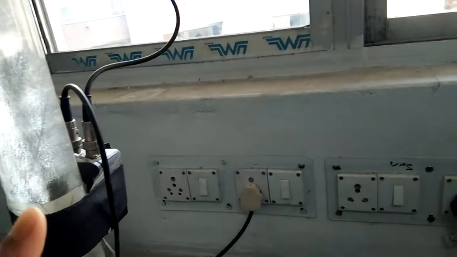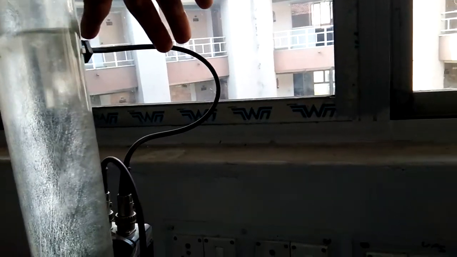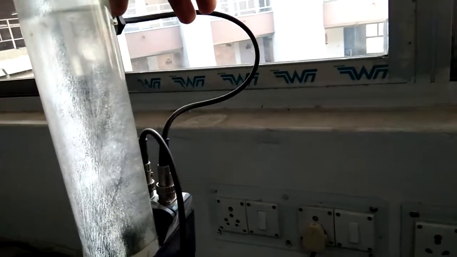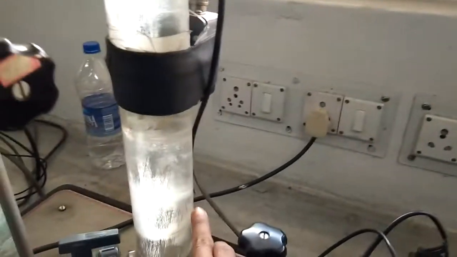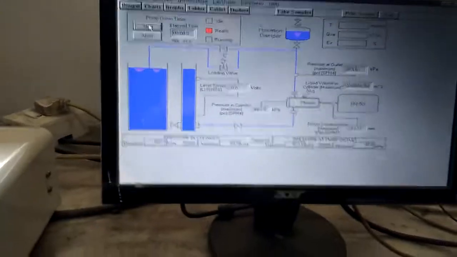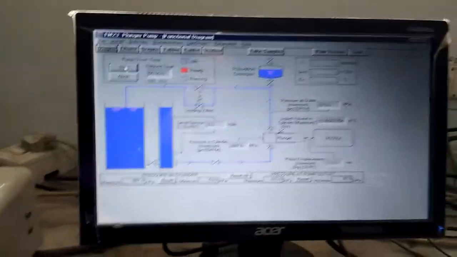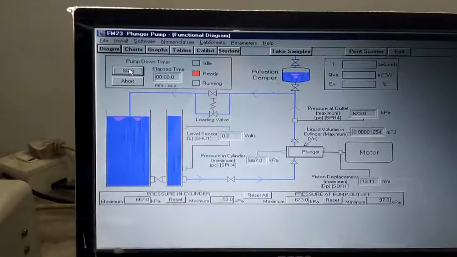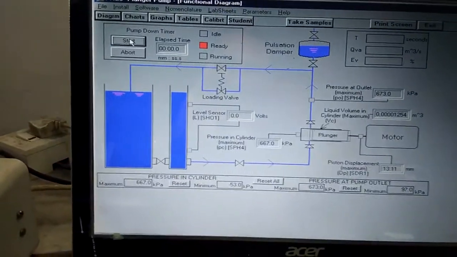So let's start finding the volumetric efficiency. Now we have started the pump, and we have set the levels of the water here. The water level will change from point 1 until this point. The moment it reaches the water level at this sensor, it will start to count, and the moment it reaches the end point, it will stop the timing. Let's see the software itself. It will be given by the software, but the parameters you have to find your own way. Already it has been started.